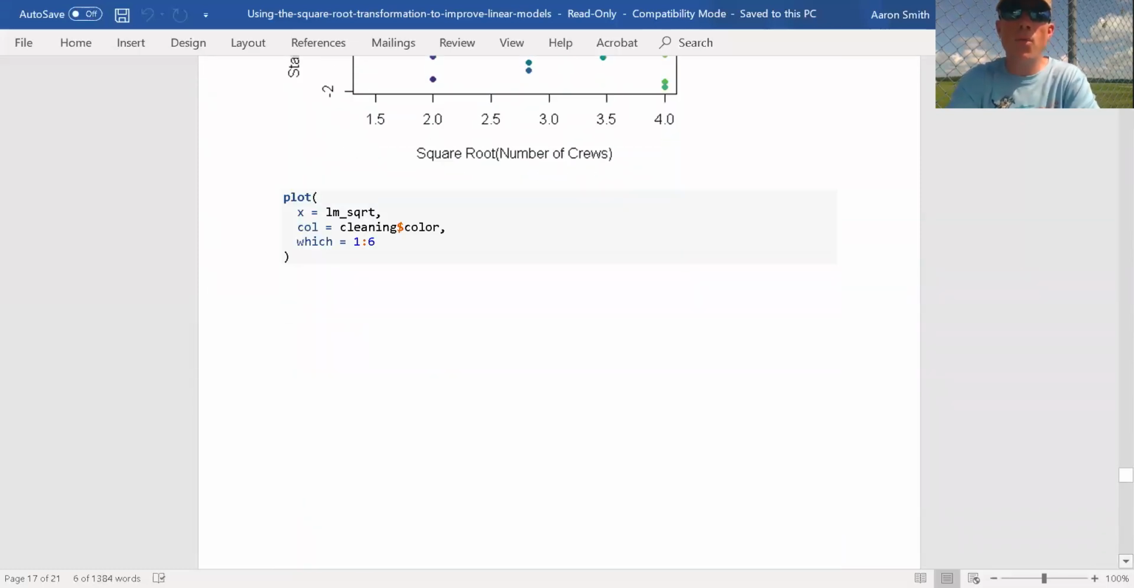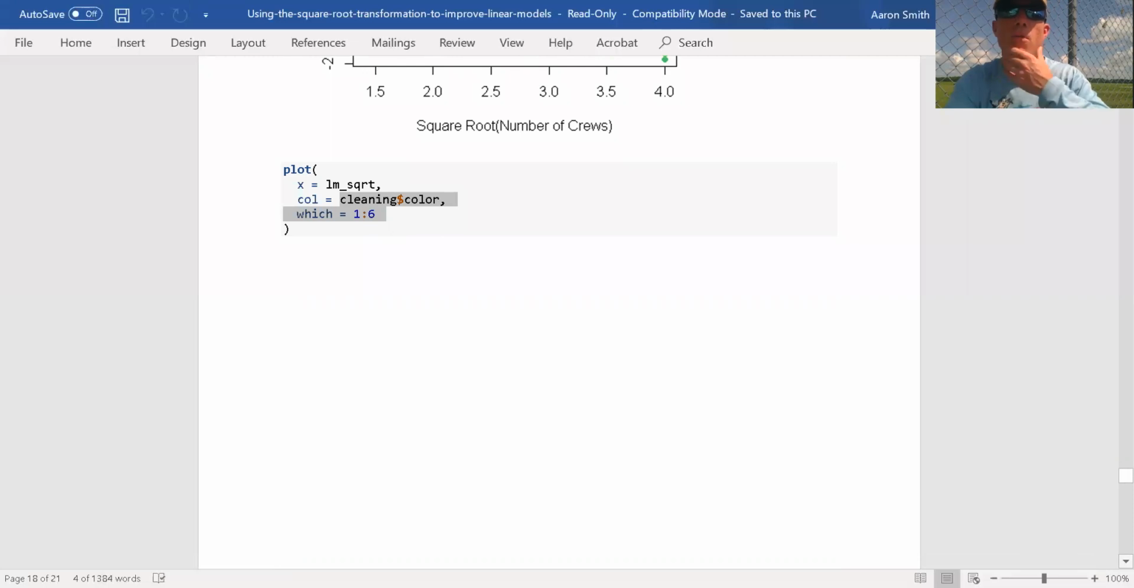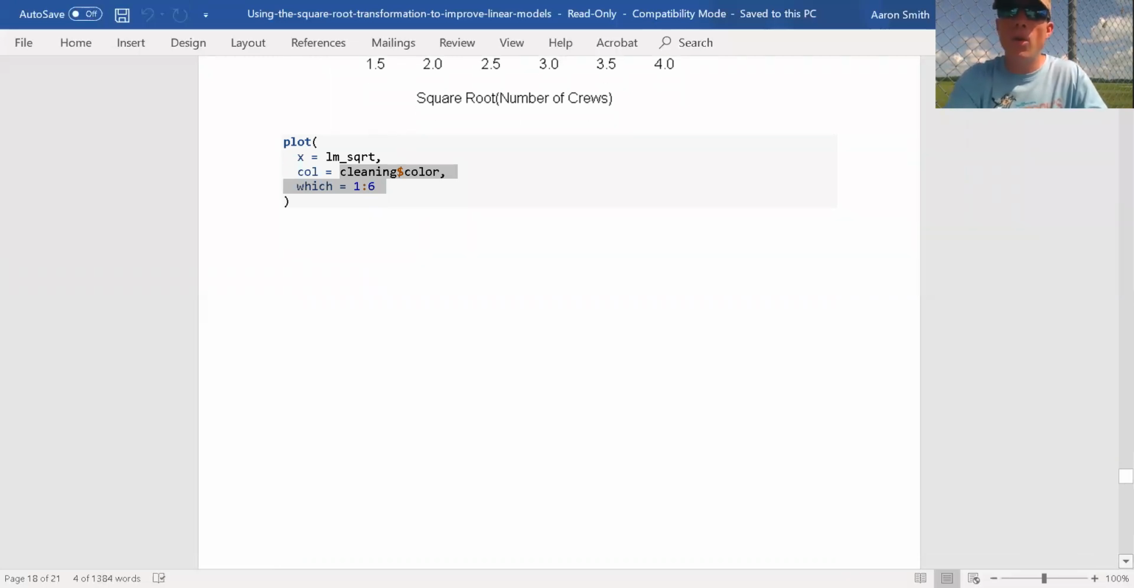Now let's go ahead and run through the 6 standard plots. Notice that I am coloring the points and I'm using all 6. I have to specify which equals 1 through 6 if I want to get all 6 of them. If I only want a few,